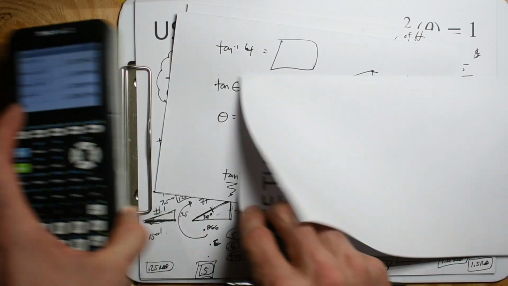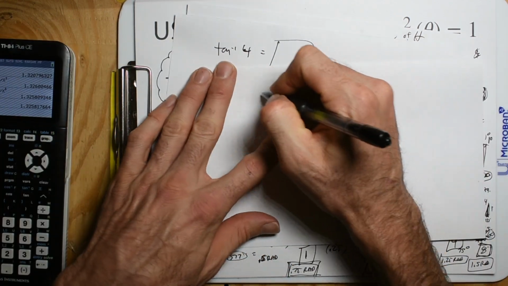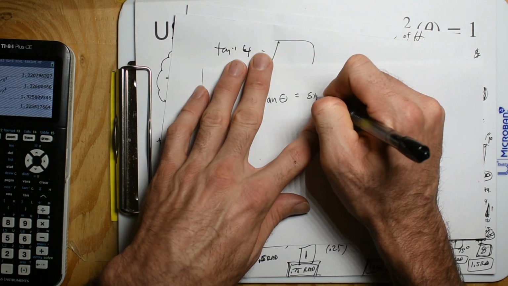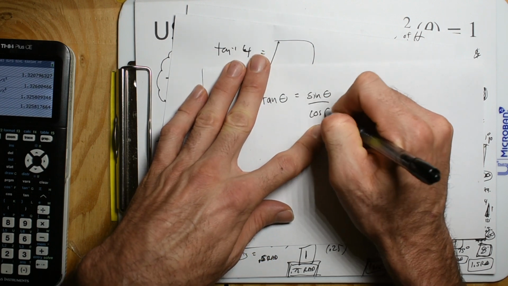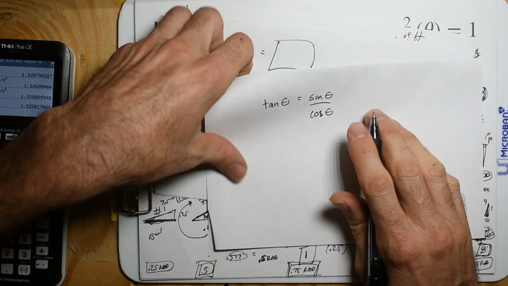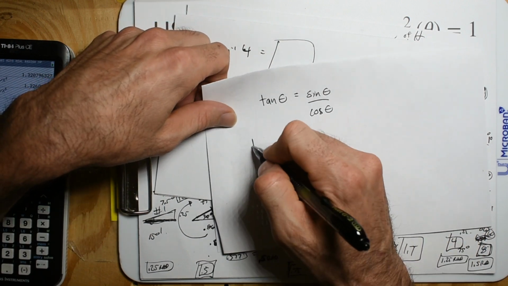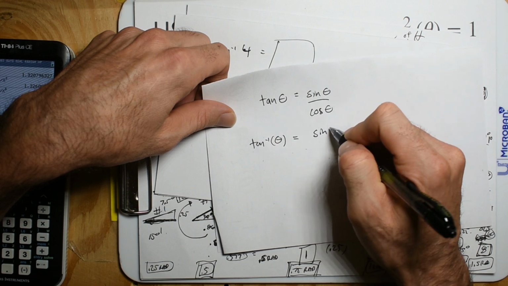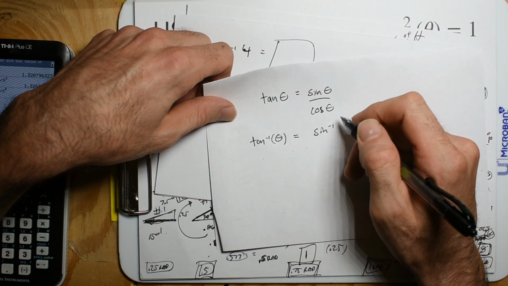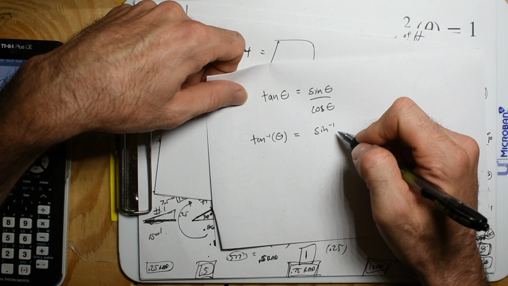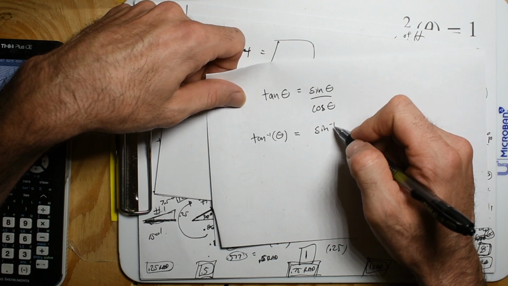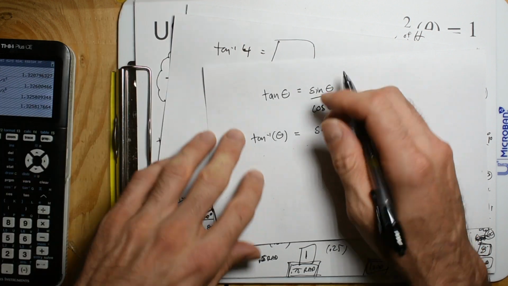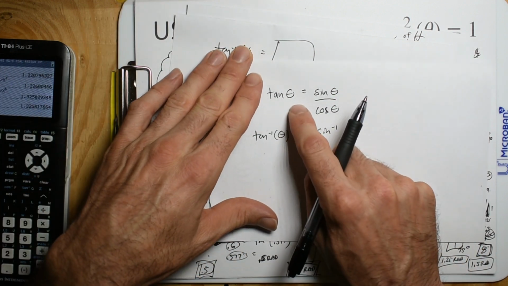So let's write this. This will be pretty cool. And again, I need to do this more. So we have tangent, inverse tangent is sine theta divided by cosine theta. Oh, so this is going to trip me out. Is inverse tangent theta equal to inverse sine? Oh, whoa. Oh, yeah, because if we take the inverse sine of